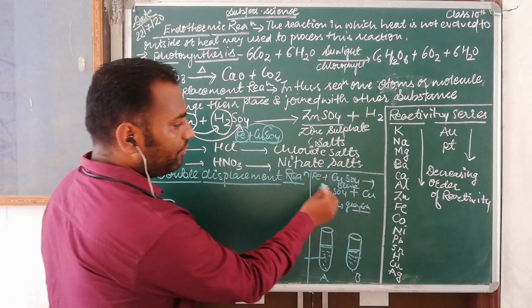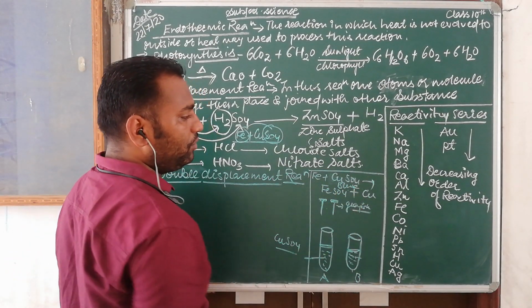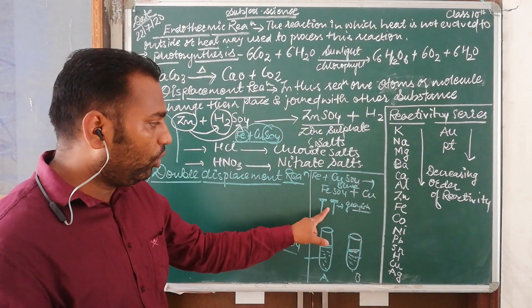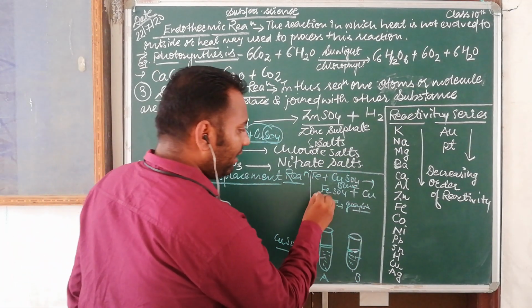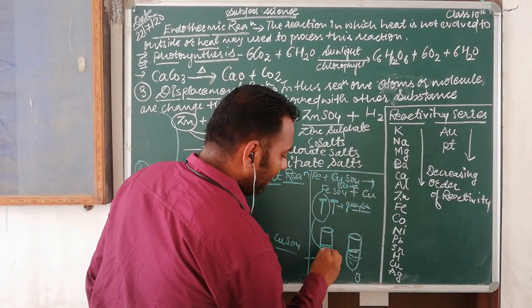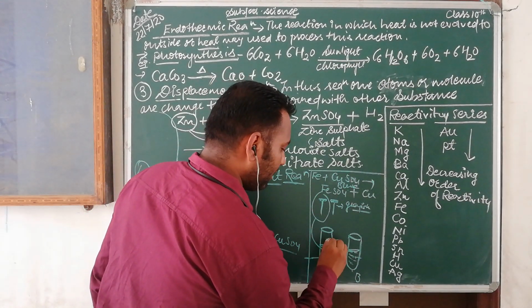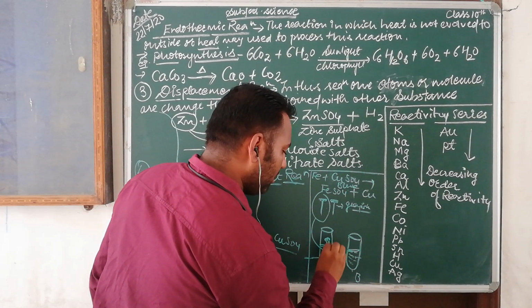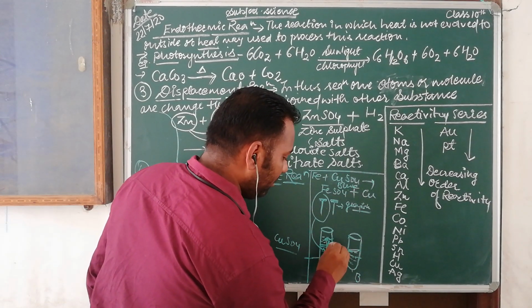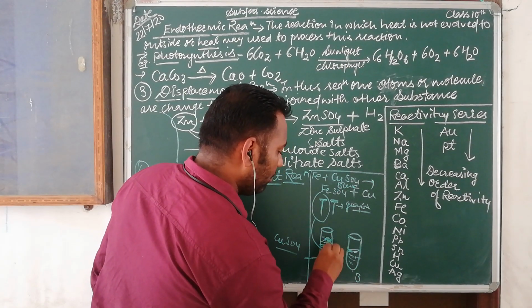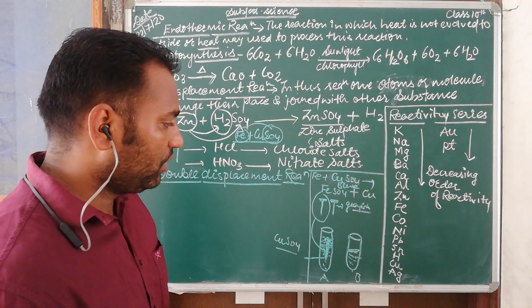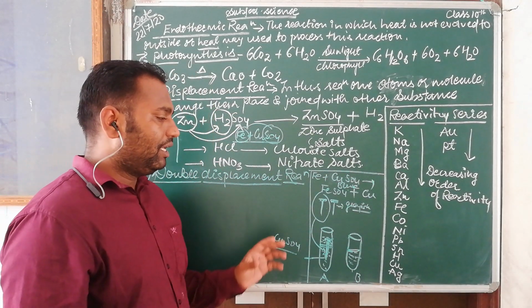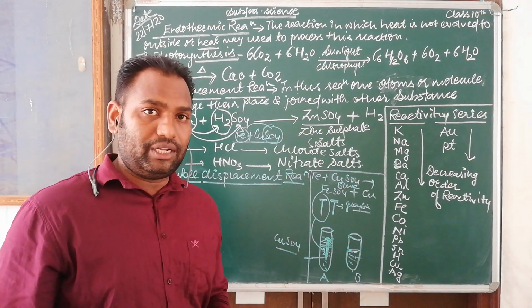So Fe is grayish color and CuSO4 is blue color. After reaction, meaning after 20 minutes, from both nails we will take one nail and dip it inside, or you can dip it fully inside. Fully you have to dip inside. This is our nail. So after 20 minutes, you will see the color has changed.